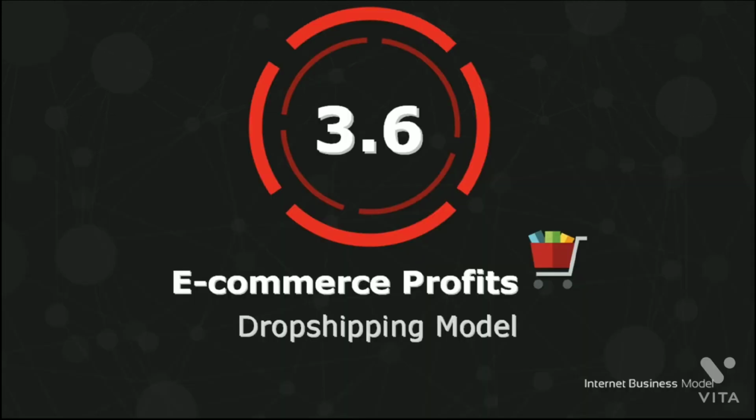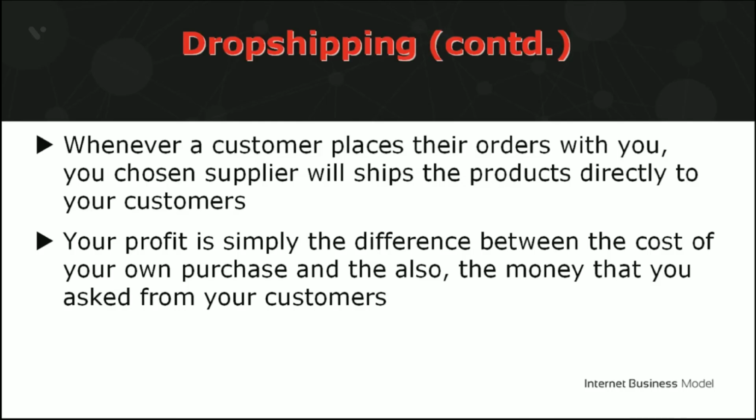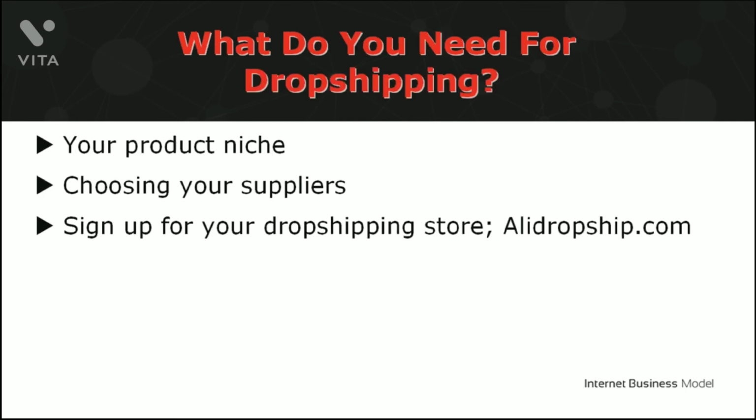The final e-commerce business type is dropshipping. Unlike POD, running a dropshipping business means you sell products that you don't own to your customers. When you receive orders, your chosen supplier ships the product directly to your customers. Your profit is simply the difference between the cost of your own purchase and the money that you asked from your customers. All you need to have is: